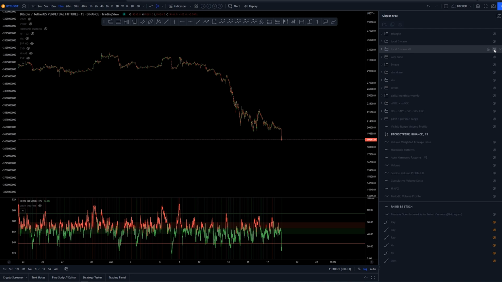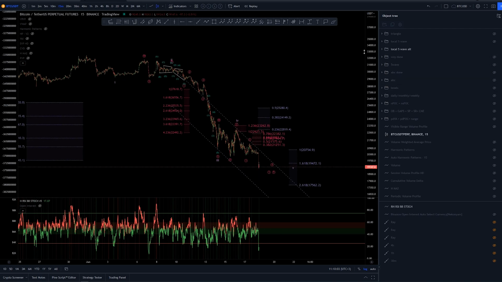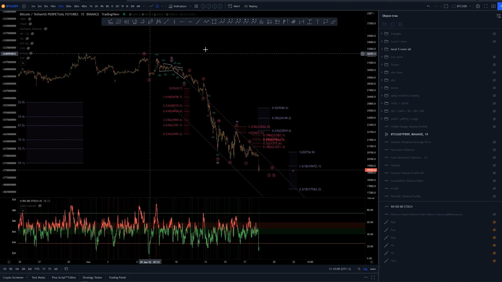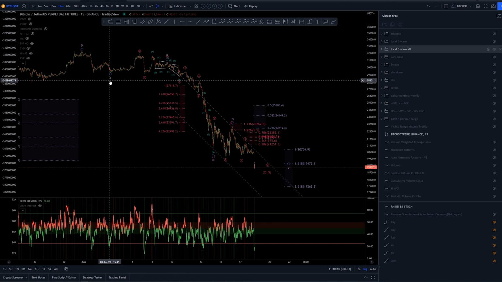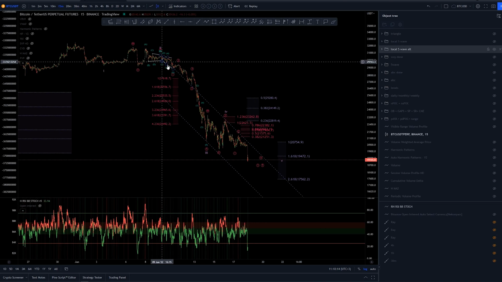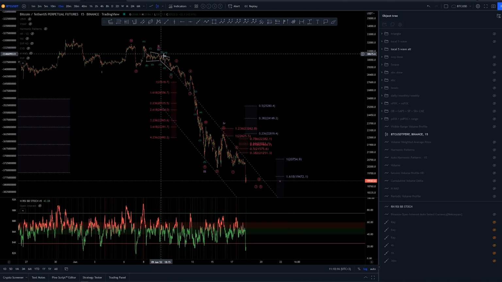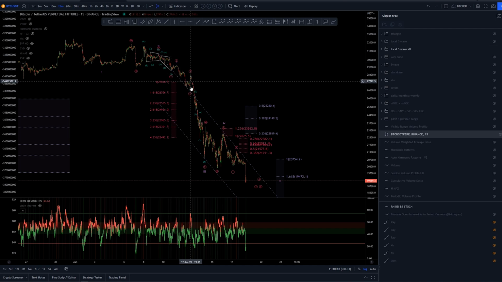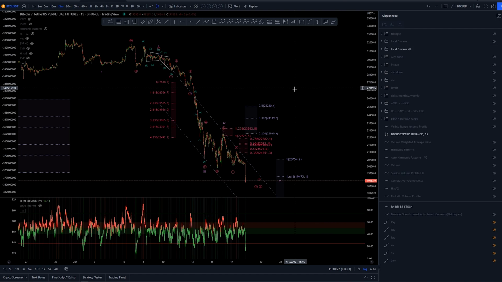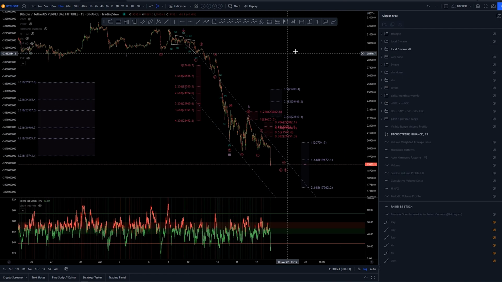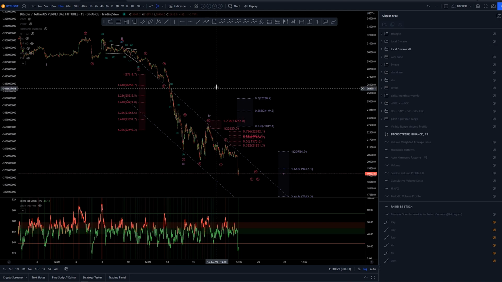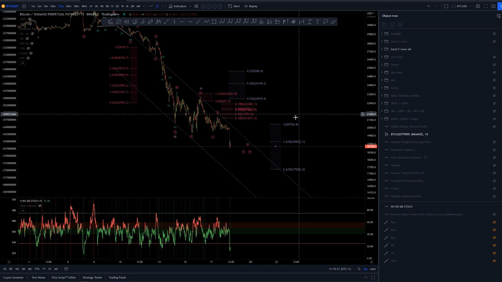So currently we are running with two possibilities here, both of which start from the highs around the 31st of May, saying that we have a 1 and a 2 here. Then we have some differences. In this count we have a 1, 2, 3, 4 and a super extended fifth. I really don't like this, but it is still an option. With this one we have already completed a sub-minuet 4 here, and we would be looking for lower prices to